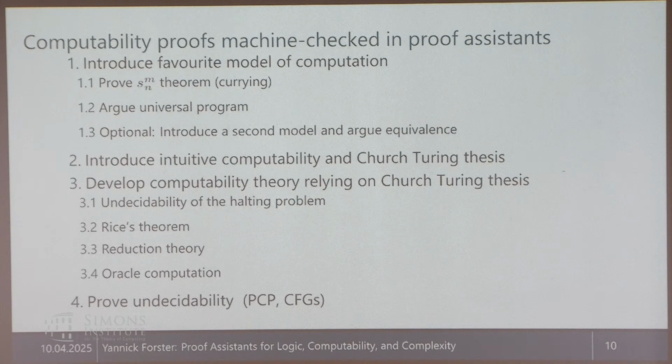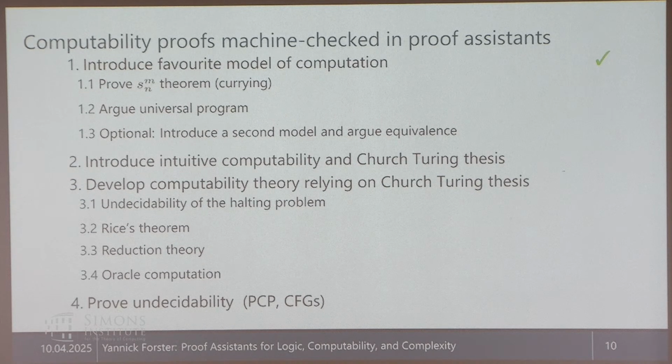you need to spell out all the details. That's the whole point: all the details of a proof should be checkable, to avoid errors in any details. So if you want to do that, introducing models of computation, we saw this before with the busy beaver thing, to write down what a Turing machine is, okay, sure, no problem. Proving the SLMath theorem, though painful, has been done in virtually any proof assistant for virtually any model of computation, so no problem. Arguing universal programs, I think in every proof assistant somebody has sat down and at least verified one universal program for one kind of model, some Turing machine, some recursive, some lambda calculus, and also equivalence proofs have been done.